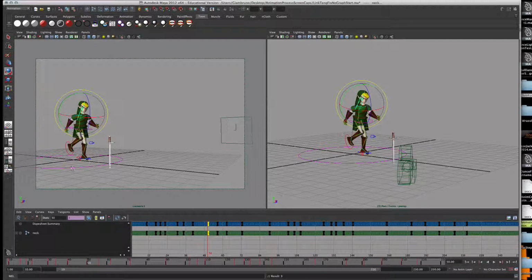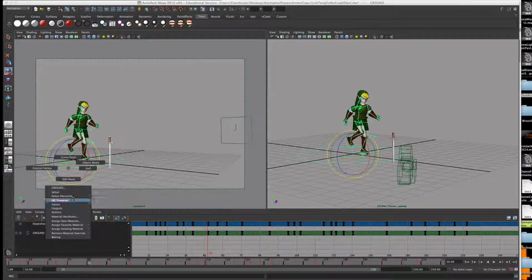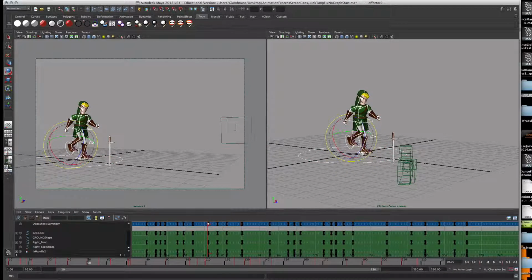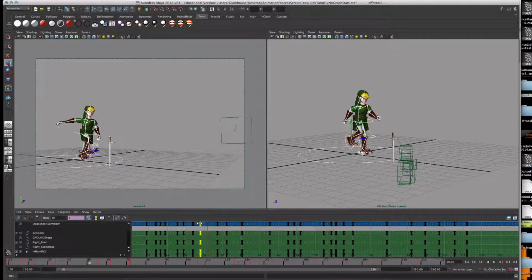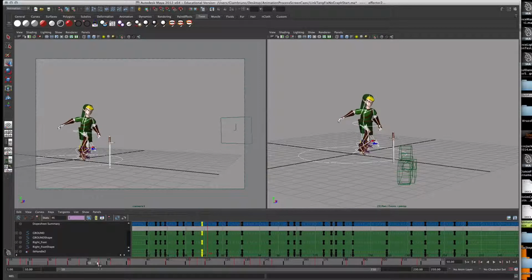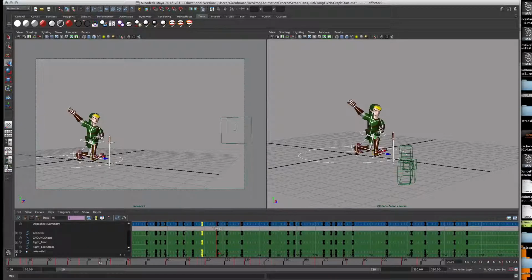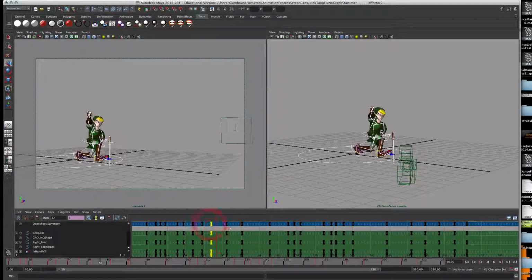Now that I've actually seen it in action, you have to do your timing in the dope sheet if you have the entire hierarchy selected. And I'm going to shift that over to somewhere right around, let's say there. Maybe it's a little too close. Right there. And then his grab is right here. I want that happening quicker. So this as well. I might have to move the whole group. And then when he actually grabs it,